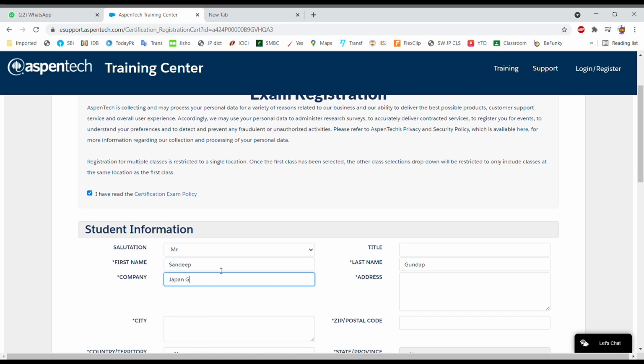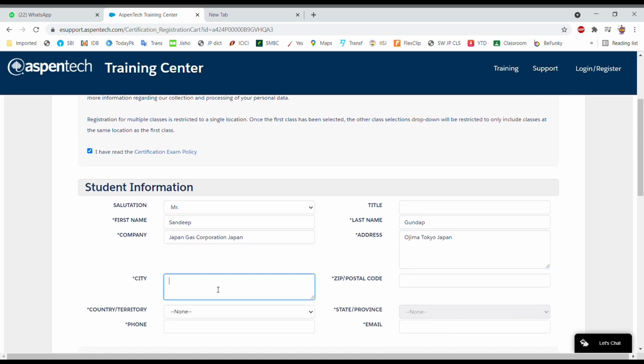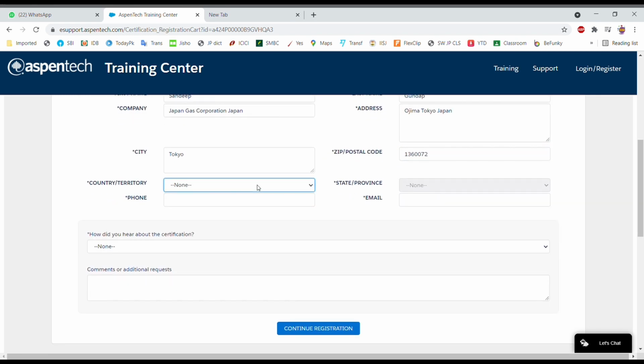If you are a student, instead of company, you can mention your university name. Once you fill in the data, it is the last step.